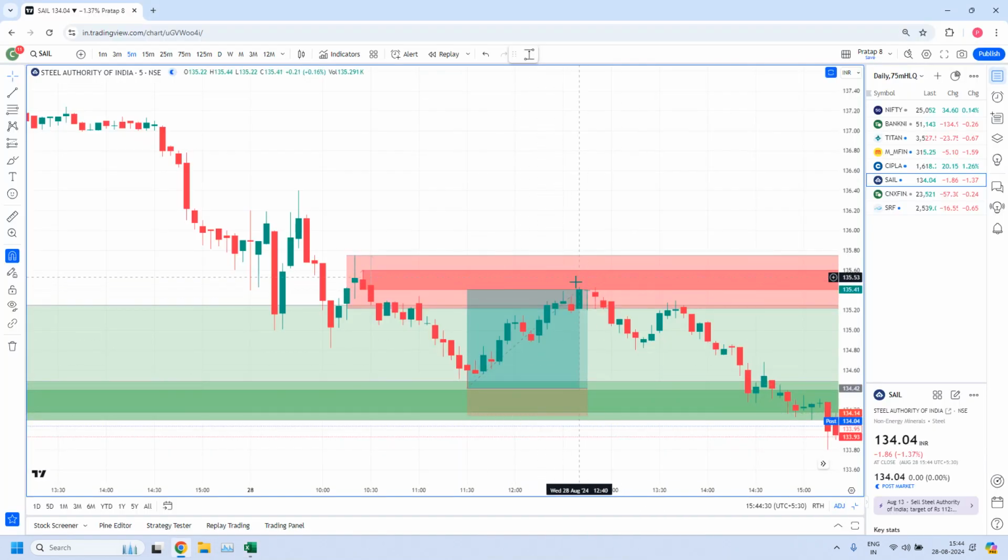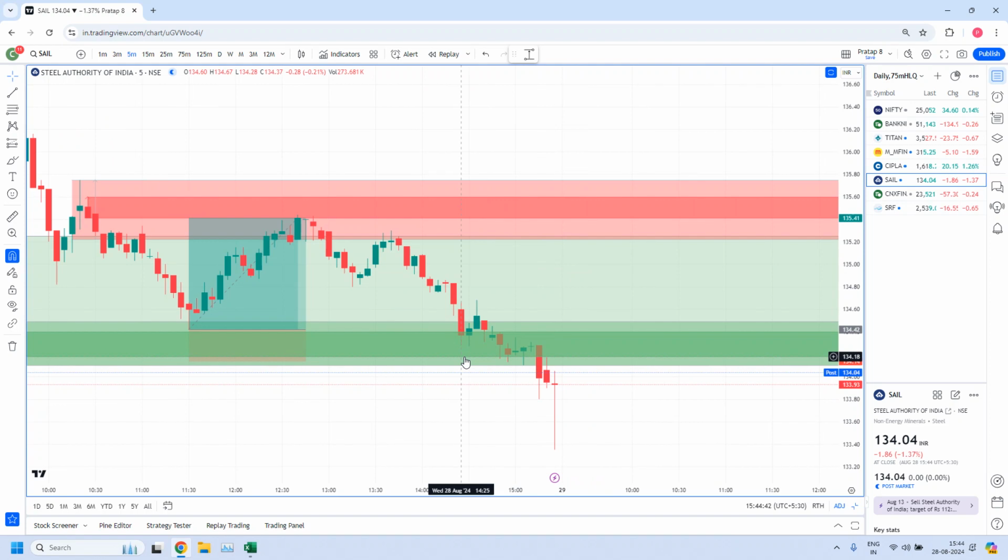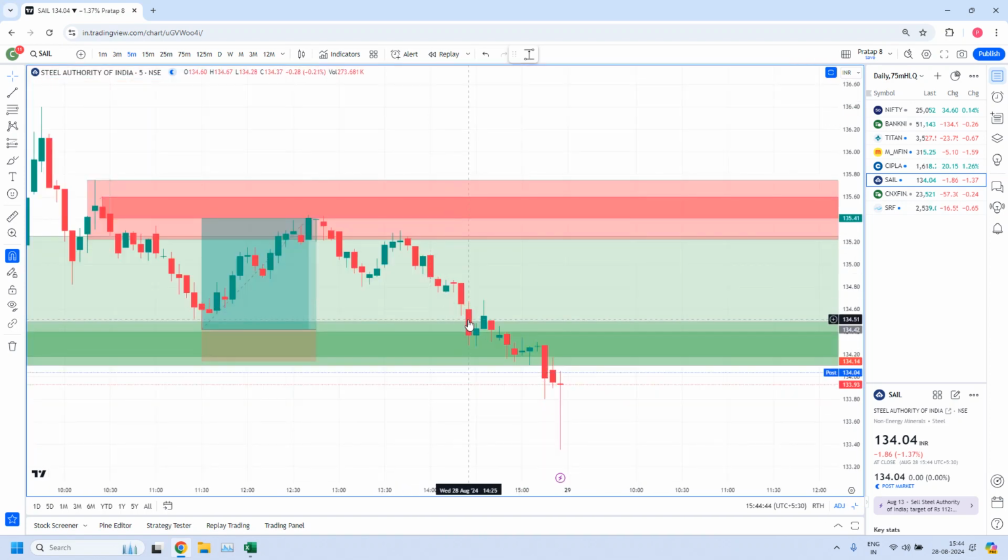And after that it reached this zone. Again this zone is pushed because today supply is very strong in SAIL, and once again it reached the 15 minutes. Generally you can take a second trade also, many times we take, but this is at 2 o'clock 25 minutes. That means almost the last 1 hour of the closing session. In the last 1 hour of the closing session, mostly we don't take intraday trades, but still if anybody wants to take,